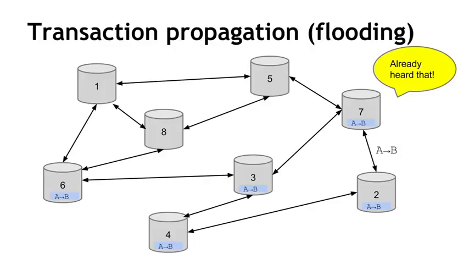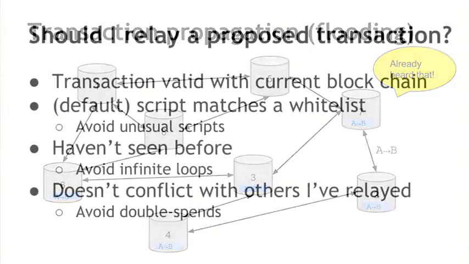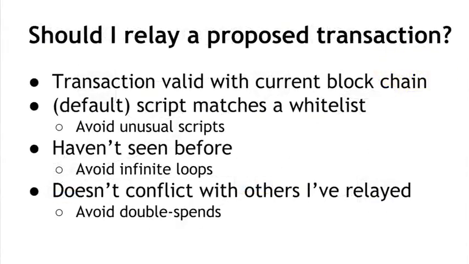So eventually this thing has to stop because every node will have heard about the new transaction and they won't forward it anymore. And remember, every transaction is identified uniquely by its hash, so each node can tell they've seen that hash before and that they don't need to keep forwarding that transaction, so it won't loop around the network forever. So how do nodes decide when they hear about a new transaction whether or not they should propagate it?